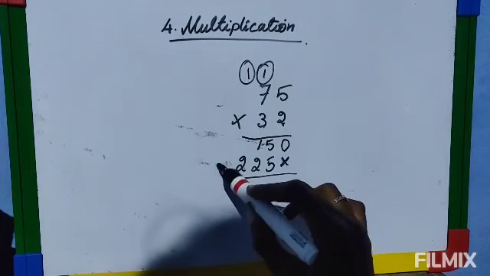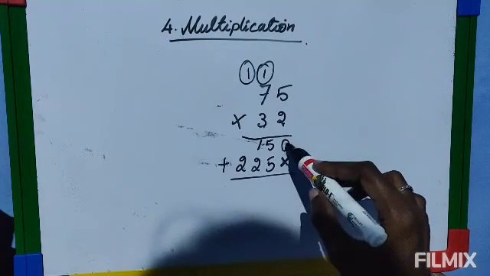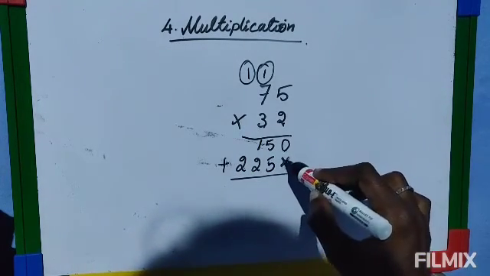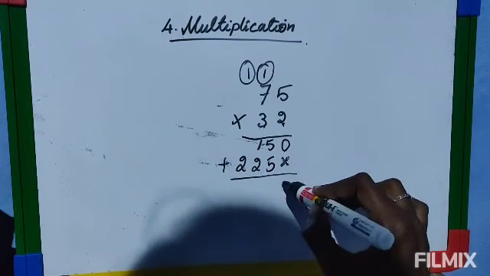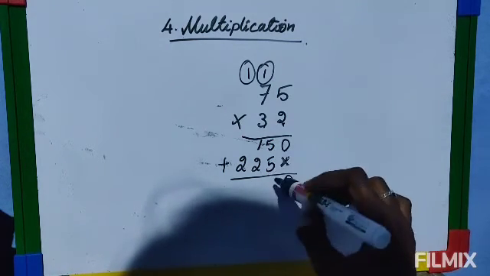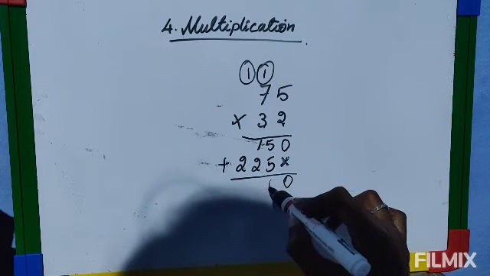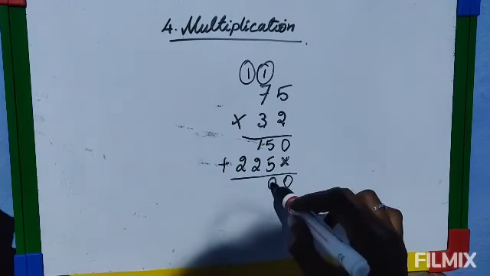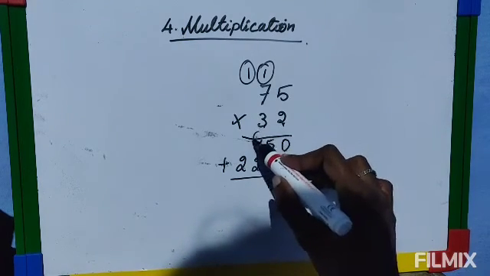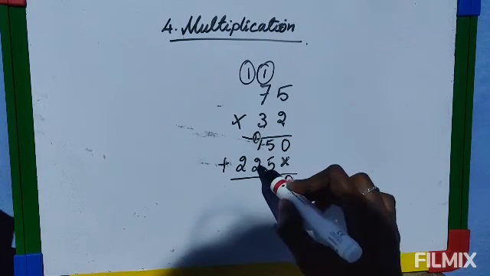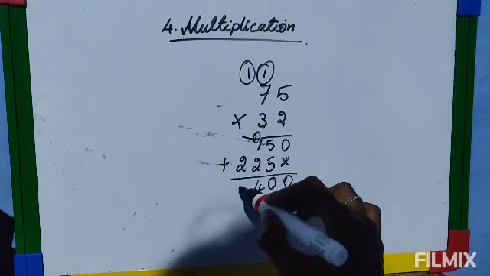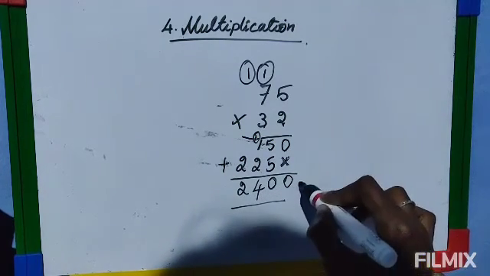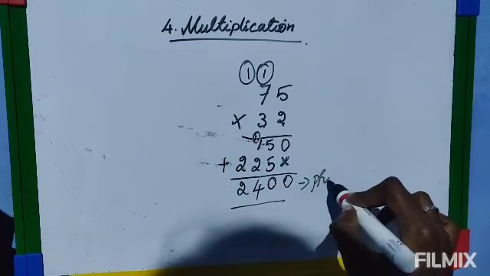So now you have to add these two. Here there is no number, that's why I wrote this, so you write this number as it is. 5 plus 5, 10. This is normal addition, there is no difference. So 0 you will write here, 1 is carried here, again 1 plus 1, 2, 2 plus 2, 4, and here 2. So this is the answer. This is called the product.